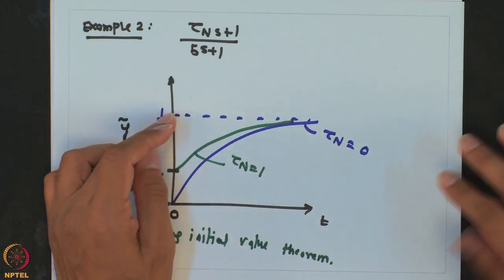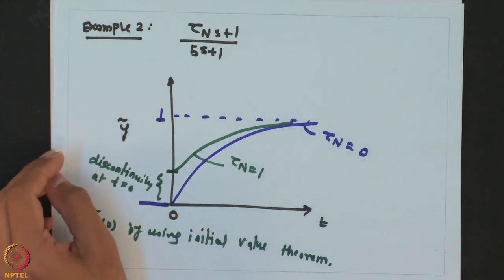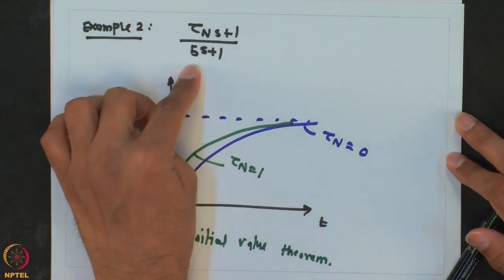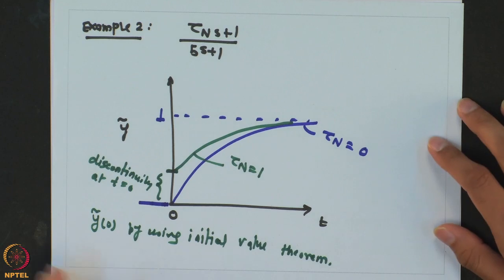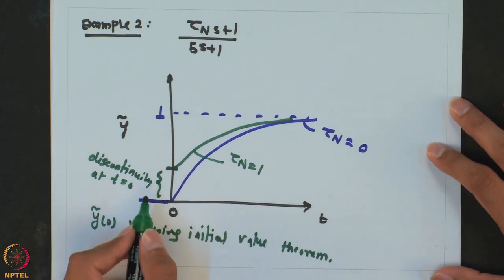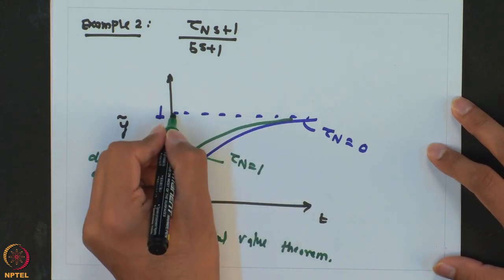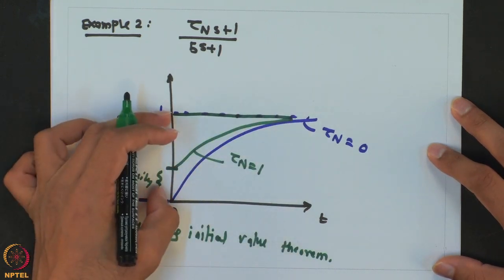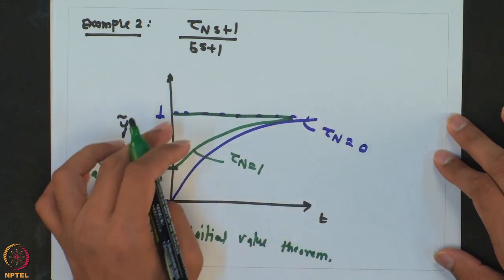So, this discontinuity will keep on increasing as you increase tau n. When tau n is equal to 5, what you are going to get is 5s plus 1 over 5s plus 1. So, the transfer function becomes unity, that means it is an instantaneous process with gain 1. So, the input and output are exactly identical. The input was a step, so the output will also be a step. So, what you will get is a discontinuity of value 1. So, the output will also be a unit step.